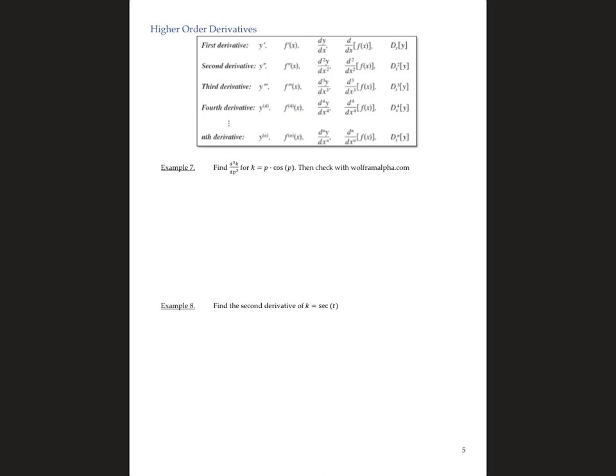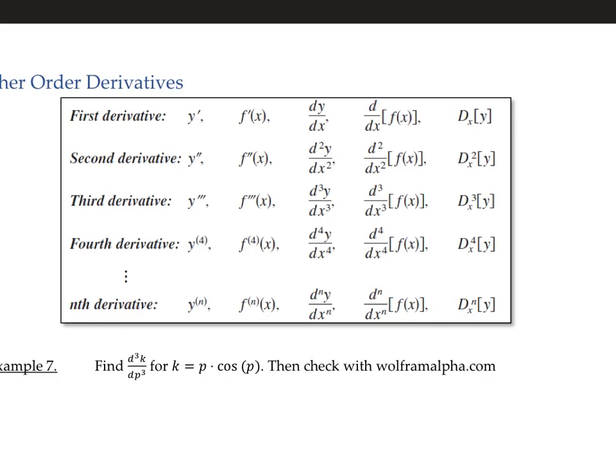So now we're going to talk about higher order derivatives, which is the last topic in this section. And we'll start by talking about notation. So when I have a first derivative and my dependent variable is called y, we call the first derivative y prime. If it's in function notation, it's f prime of x. If we want to write that in Leibniz notation, we write it as dy dx, operator notation, d dx of